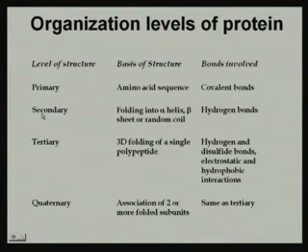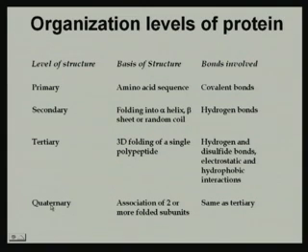When we are coming to the secondary structure, it is the folding into the alpha helix and beta sheet or random coil. That means here, besides this primary structure, there is additional bonding, which is called hydrogen bonding. When we are talking about the tertiary structure, here 3D folding of a single polypeptide takes place, and hydrogen or disulfide bonds, electrostatic or hydrophobic interactions are also present within this tertiary structure.